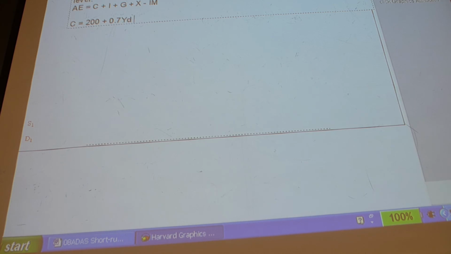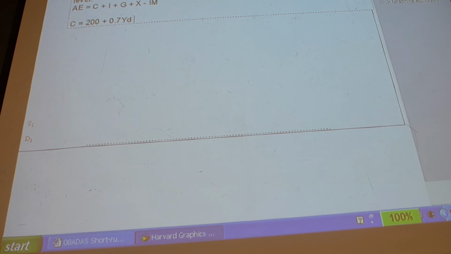YD. Now, here's my question. So far, it's the same as everything, but I'm going to add a price variable. You got to tell me this. Do you think an increase in prices decreases consumption or increases consumption? What do you guys think? If prices go up, does consumption go down? What do you think? Well, yes. Now, it turns out in my notes, I go through this in a kind of elaborate way, which is the elaborate way you might want to do it. We don't really care.